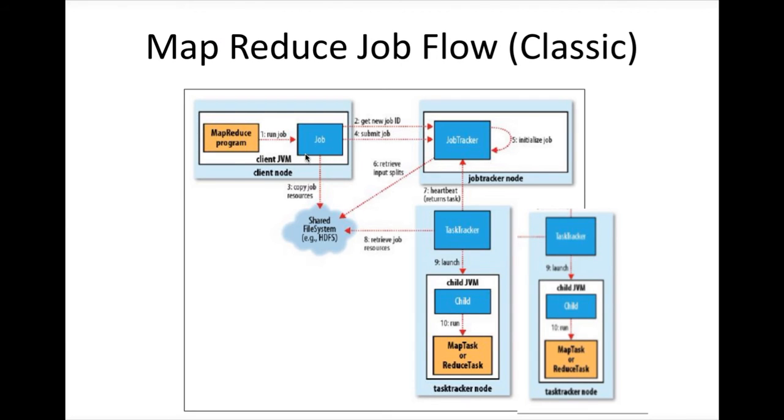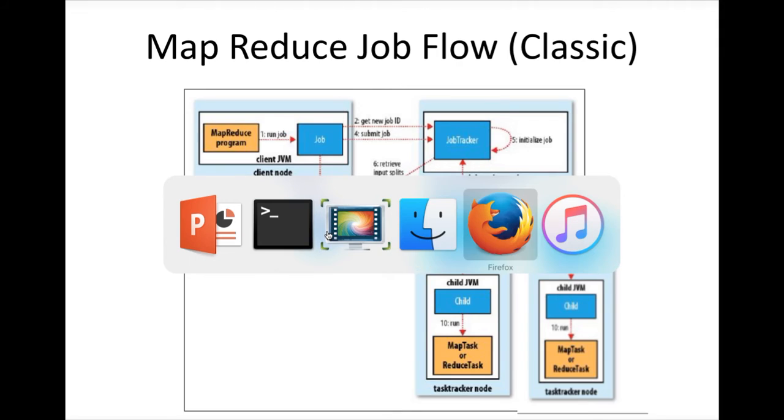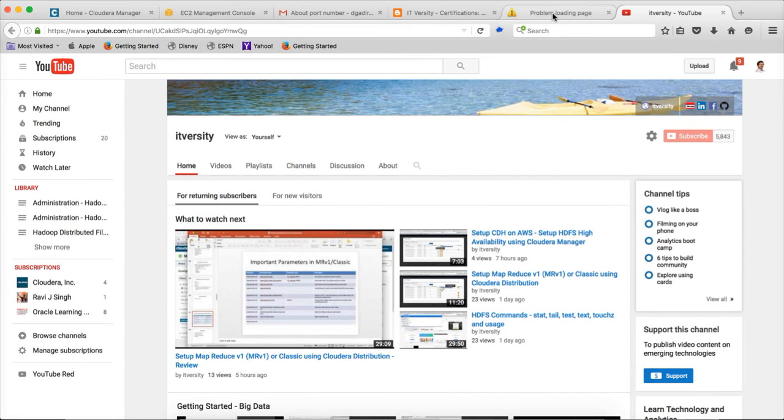Once the job ID is received, the first thing the client will do is copy the job resources to multiple nodes in the cluster. It will copy to HDFS, and by default it will have 10 copies. If you have 100 nodes in a cluster, these job resources will be distributed onto 10 nodes, and the parameter which will control that is